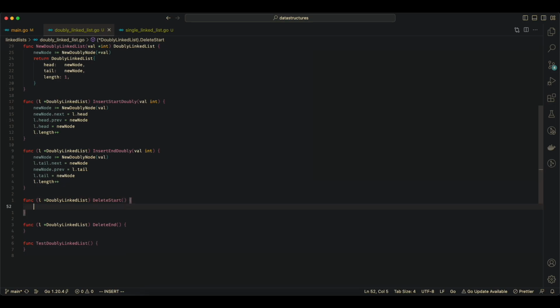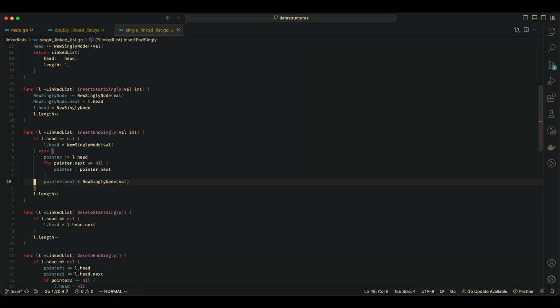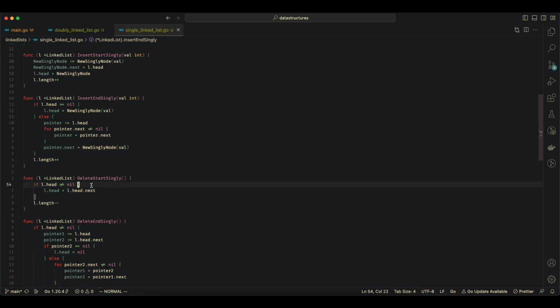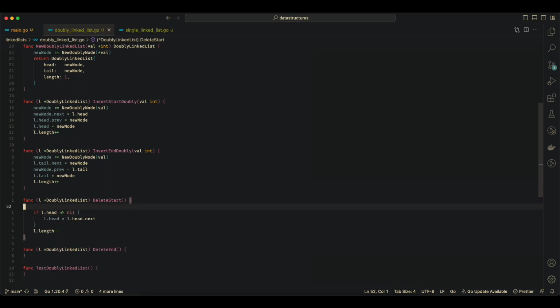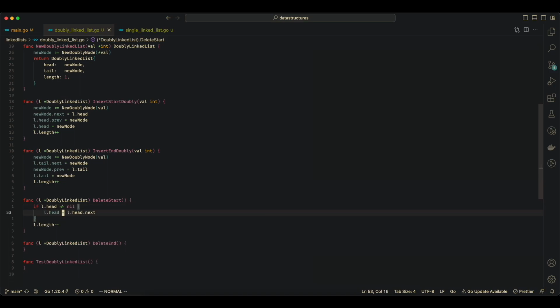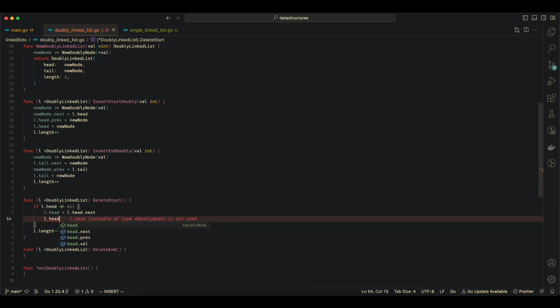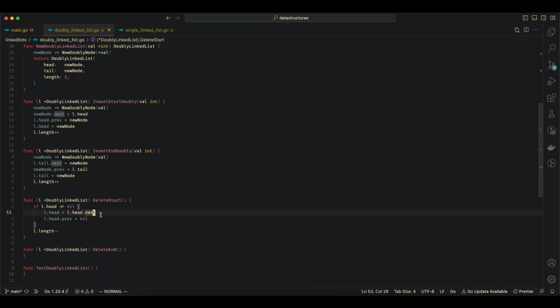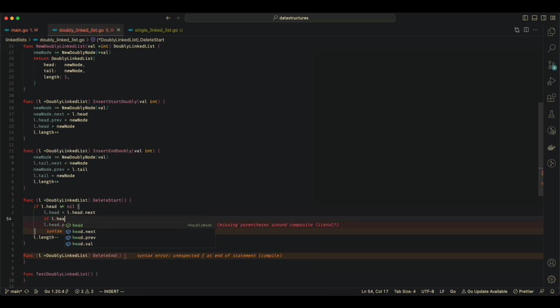And deleting. So for deletion, we will do something quite similar to what we were doing in our singly linked list, where we check if the head is nil, and if it is, then we don't do anything. If it's not nil, then we set the head to head.next. And now whatever the head is, we'll need to set the previous pointer to nil. So now we have set the new head to whatever was next to the head, and we'll also need to check if the new head is not nil again,